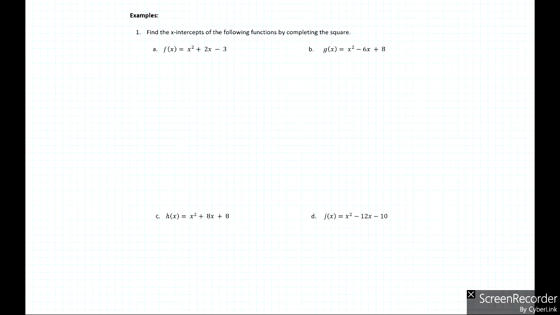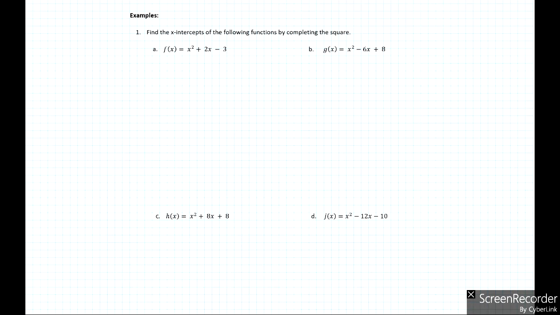In this video, we're going to start talking about how to find the x-intercepts by completing the square. This is a unique strategy that would help us create a perfect square when we don't already have one in the quadratic form. And in particular, if we want to find the x-intercepts, the first thing we always want to do is set the y value equal to 0 in order to find the x-coordinate of the